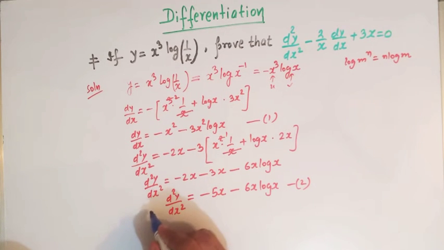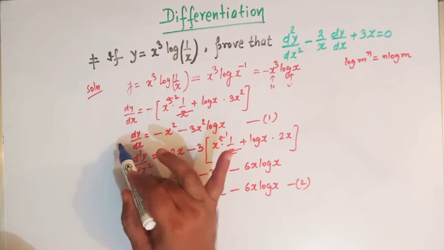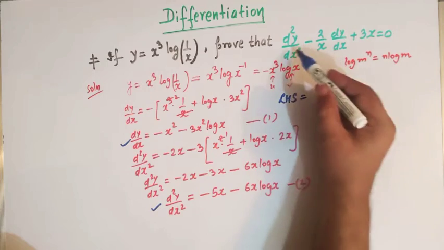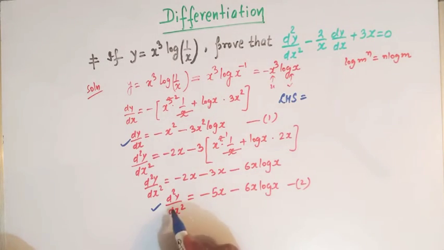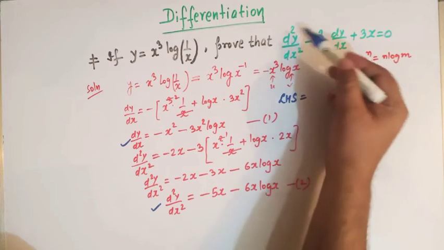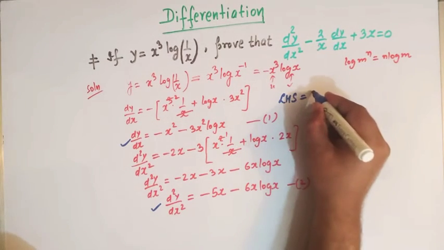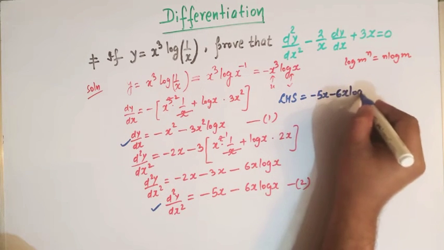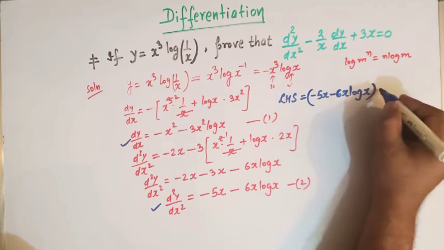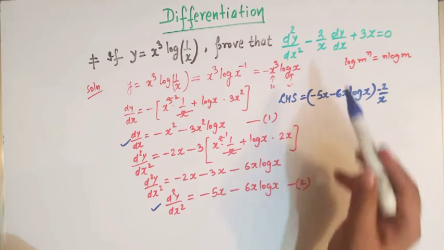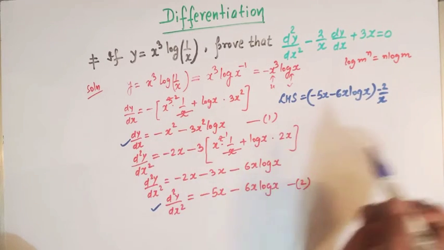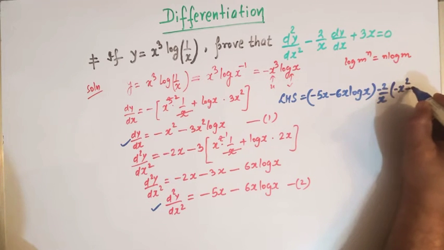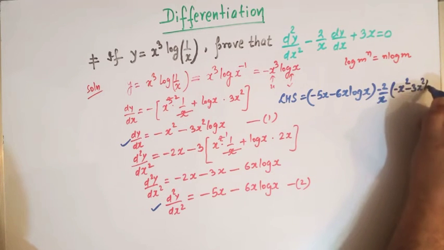Now let us substitute this value and this value in this expression. So the left hand side, that is this side, becomes: first we will substitute the value of the second derivative, so we have minus 5x minus 6x log x, and then we have minus 2 over x, and the value of dy over dx is minus x square and minus 3x square log x